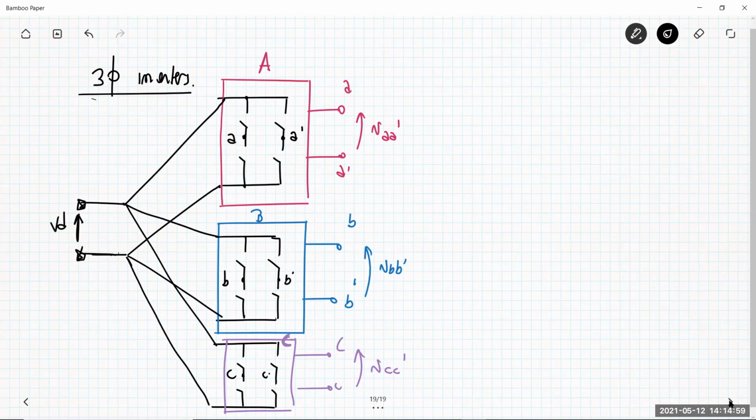So the three inverters basically have the same input voltage VD, and then they have separated output voltages. Remember that the three-phase systems are based on three output voltages or currents: sine wave,